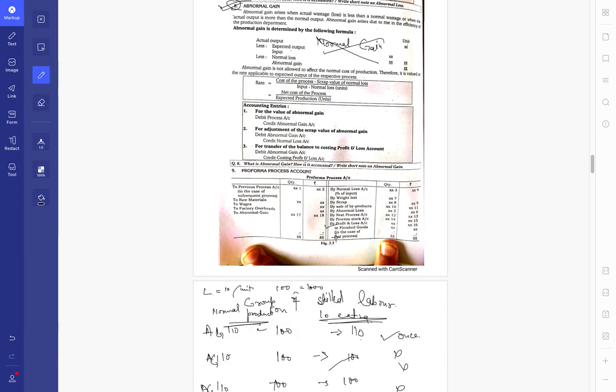By profit and loss account or finished goods in case of last process. What does this actually mean? You are transferring it to profit and loss account if this is the case of sale, and you are transferring it to finished goods account if this is the last process. If this is your last process, then you transfer it to finished goods account. Why? You must be wondering why process stock and finished goods sound similar.